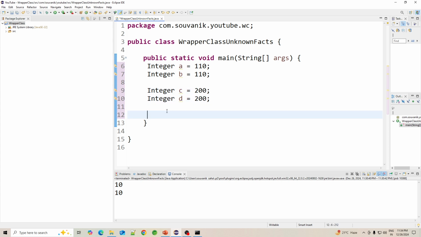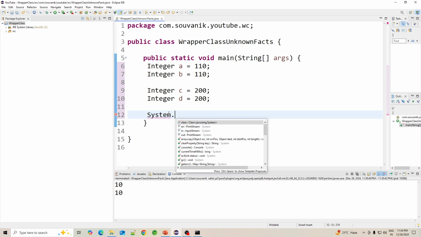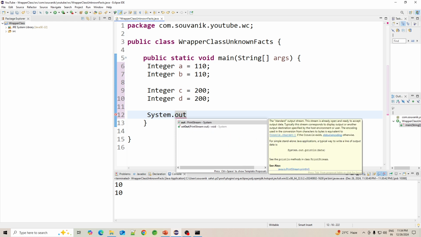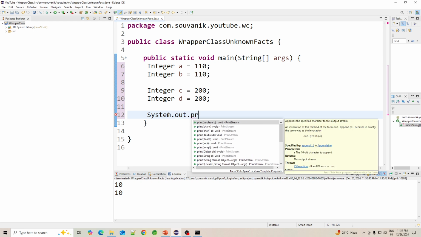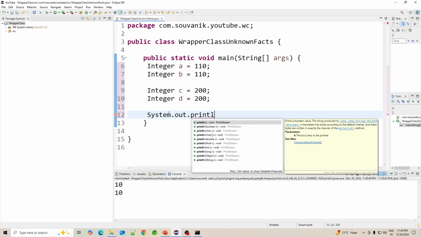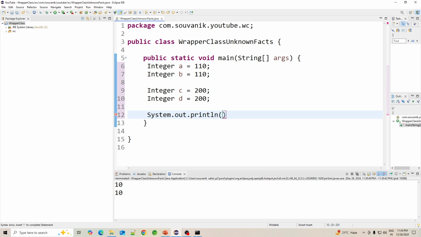Now I will not print the values, I'll compare them with the double equals operator and we'll see the output. If you don't know the internal working, you'll be confused to see the output. So I'll tell you why it is happening. Let's first compare a double equals b, and after that I'll compare c and d.